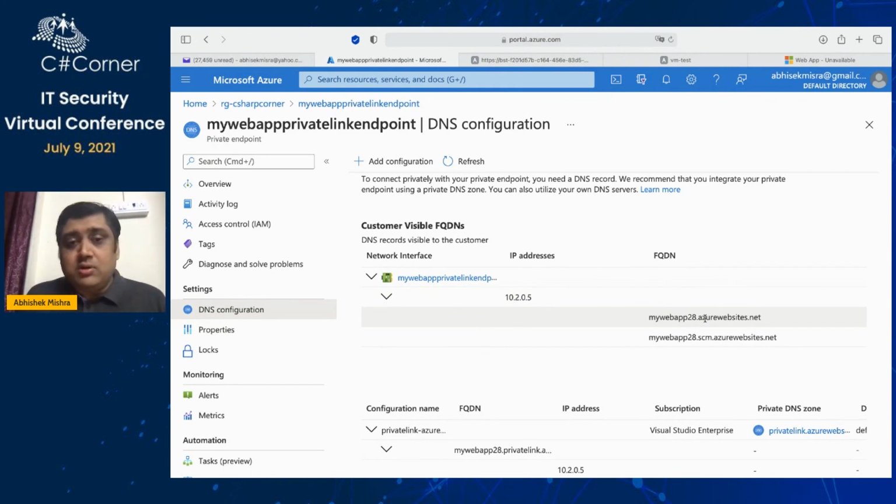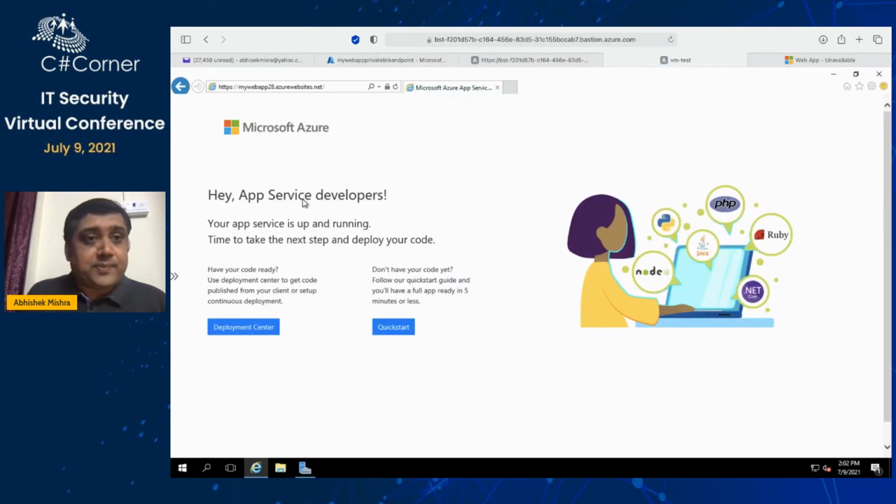So whenever I'm trying to hit this my web app 28 azurewebsites.net, it will always resolve this IP address. It will never resolve the public IP address of that. Maybe I can show it to you. Let me get into this VM and try a ping and show you how the network resolution looks like here.